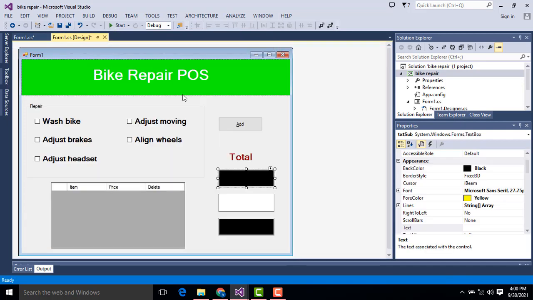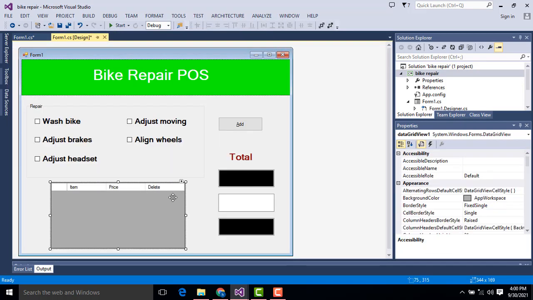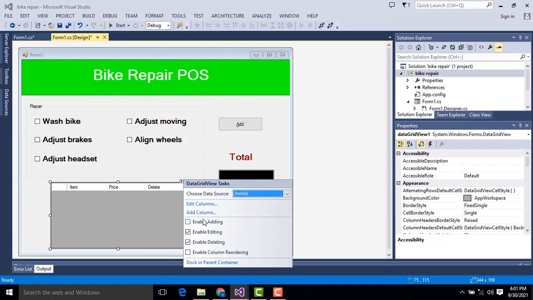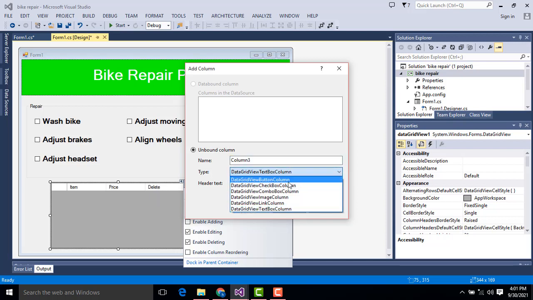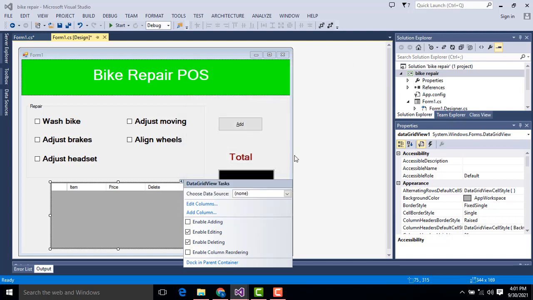After that, what I am going to do is here we have a delete button. We didn't add the button here, it was added already. So how to add the button? Here there will be the add columns. Here the third column you will be able to add the button. Here in this data, the third column, instead of the delete text, you have to change it to data grid view button column. Then it would be added.